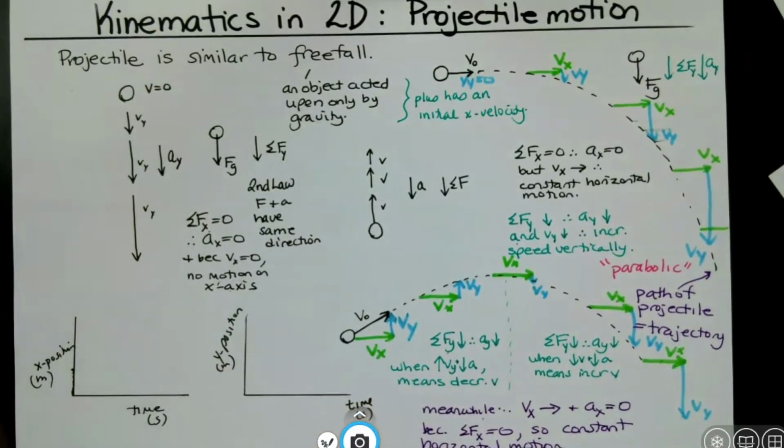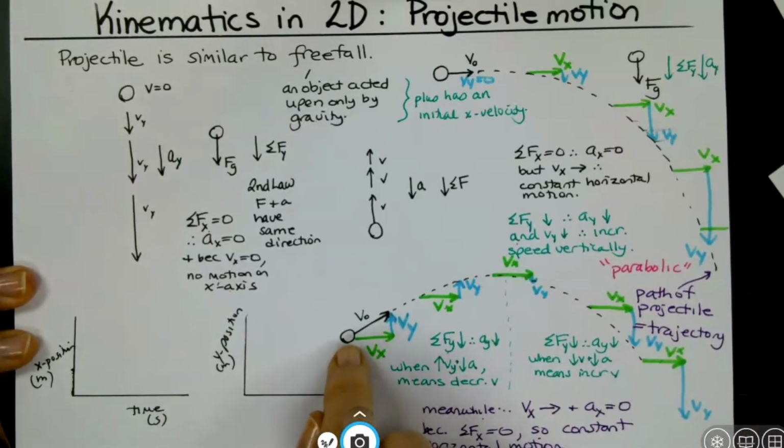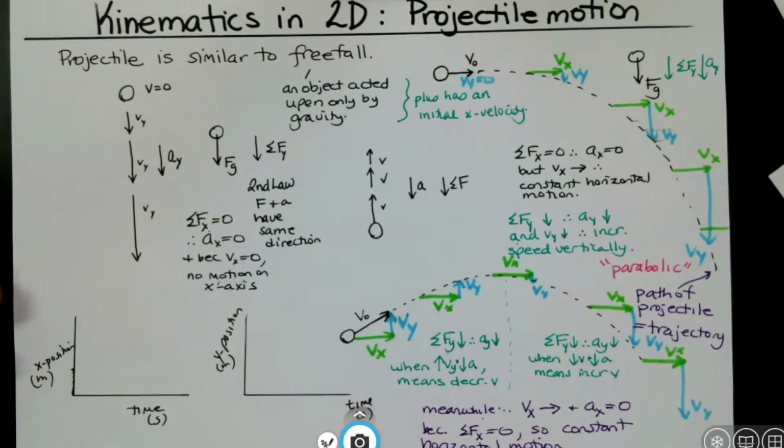So we don't have any numbers here, but let's think this through. If we know that, let's look at this one. Since we know that we're moving to the right the whole time, then we know that,